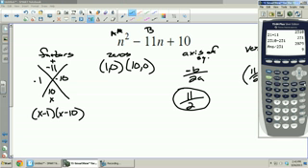Take your calculator. Let's put this number in: 11 divided by 2. Let's hit store and X. What I just did is I told the calculator the X value is this. Now I'm going to try to find Y. If I hit enter and plug this formula in, so instead of N we'll use X, so X squared minus 11X plus 10